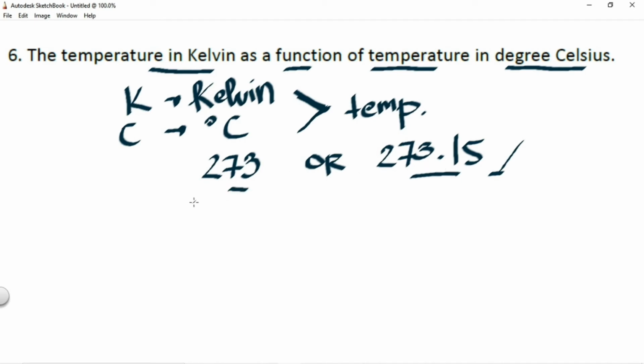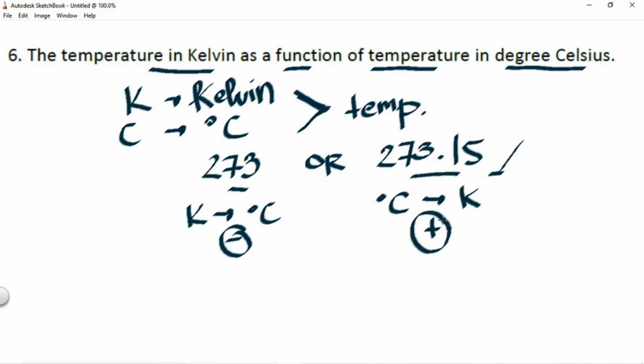When we are converting Kelvin to degree centigrade, we use the operation subtraction. On the other hand, if we are going to convert degree Celsius to Kelvin, we must use the operation addition. And the number to be added is this constant. For this problem, let us use this one,